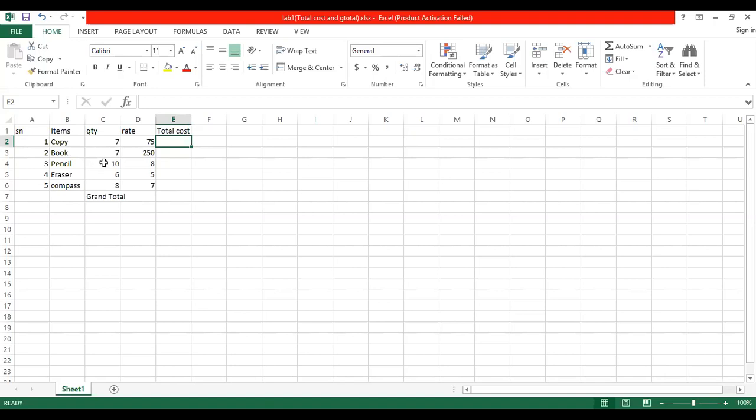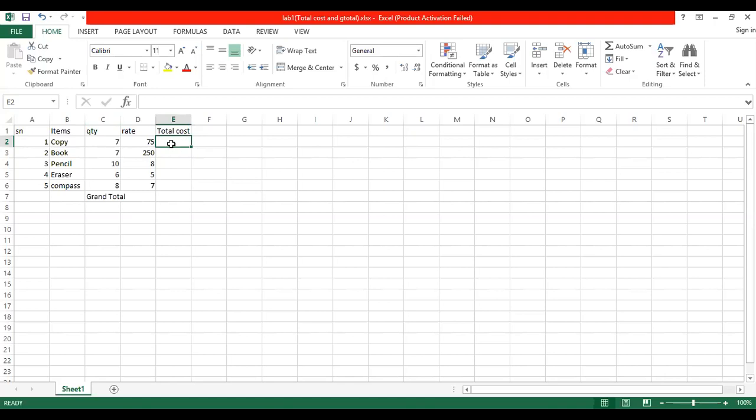If you buy 10 pencils at the rate of 8, how much do you have to pay? Eraser, compass. So you have to find out the total cost of these. In maths, directly you can do 7 into 75 and get the answer. But here you will not use the numbers. For this data, you have to use the column name and row number.